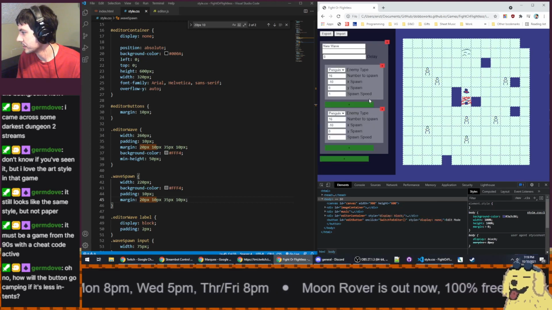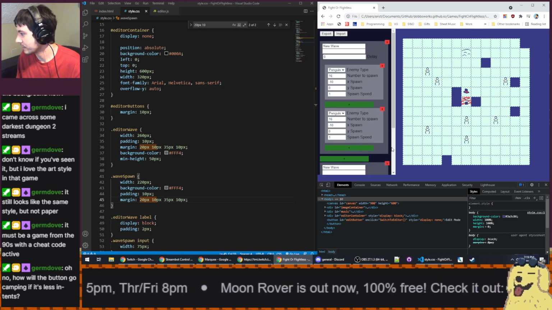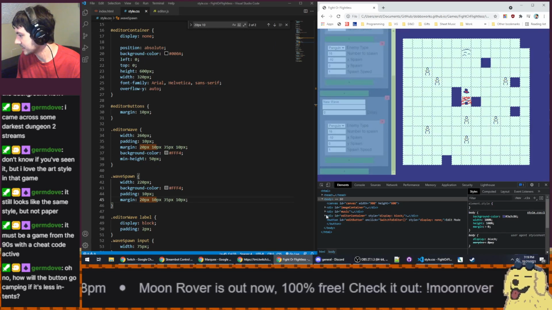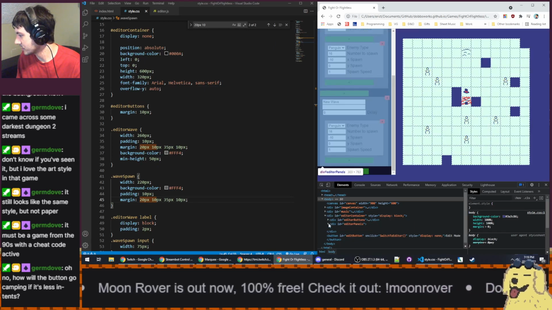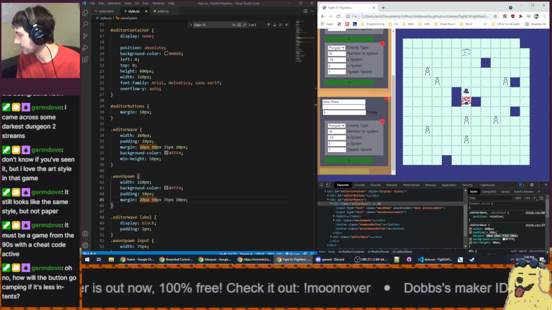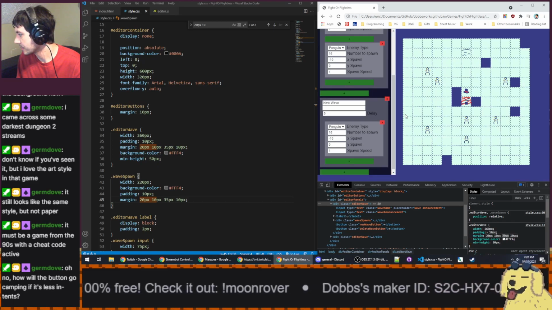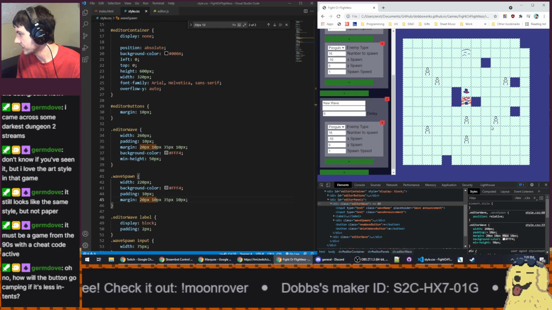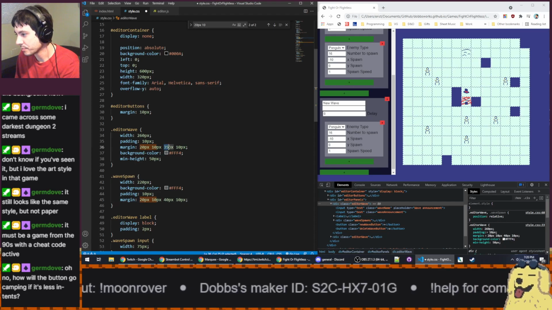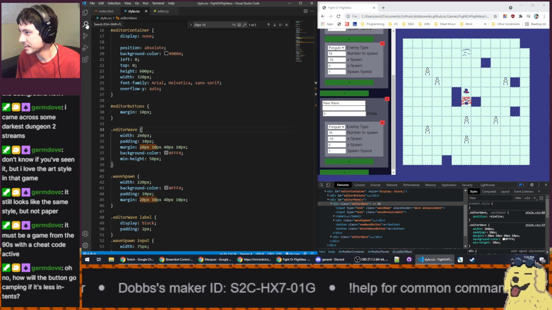Cool. Oh, but the button's... Oh, wait, that's fine. That's fine that the button's still there. We do want the button to still be there. But we want to make that a little bit smoother. Sure, let's change those to 40 pixels. And let's change the plus